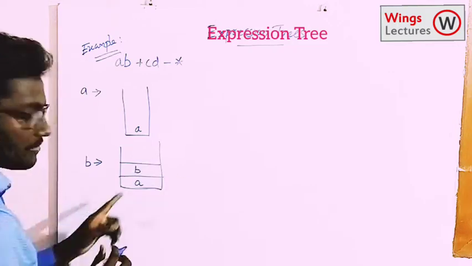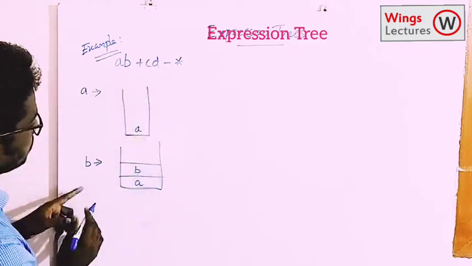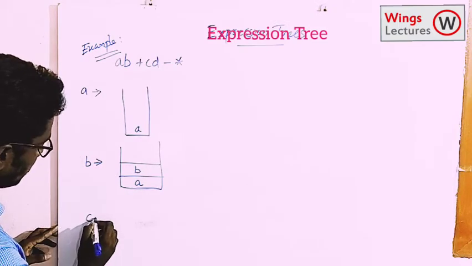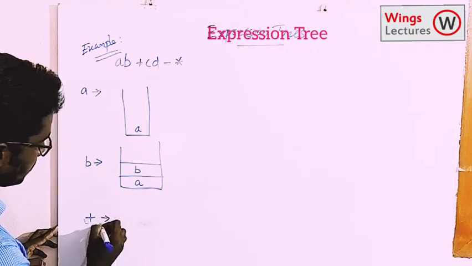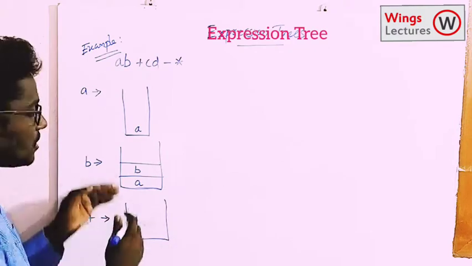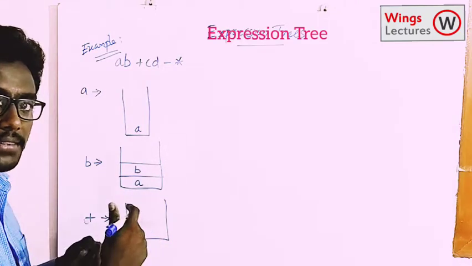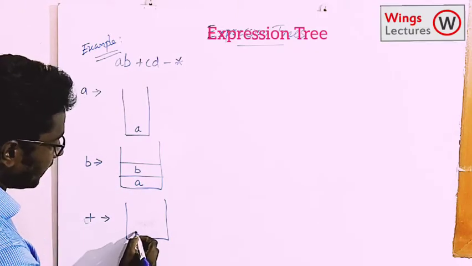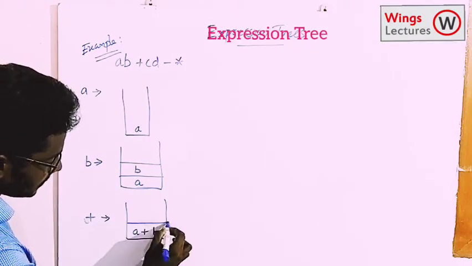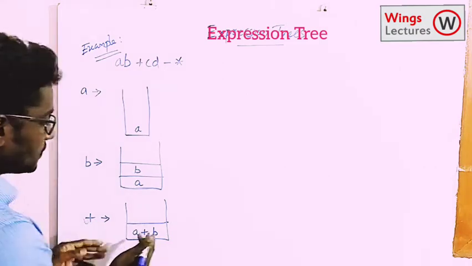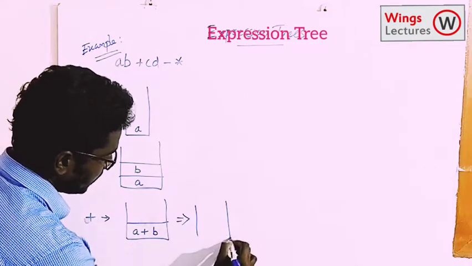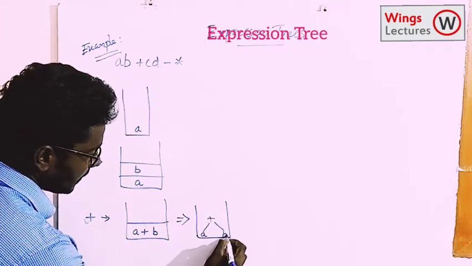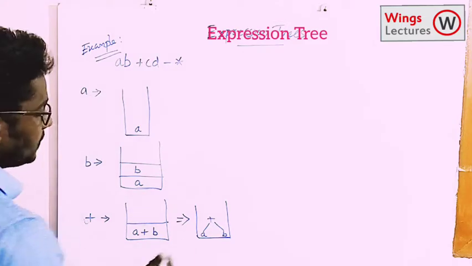and then I have stored it here, and the next symbol is going to be plus. Plus means I have to take the last two elements from the stack and perform the operation, but I don't have the values now, so directly I am going to apply the expression like this. Which is nothing but a pictorial representation of this, which is nothing but A plus B, right?